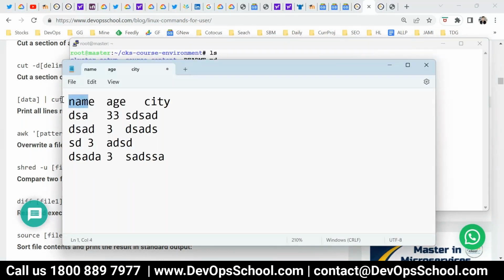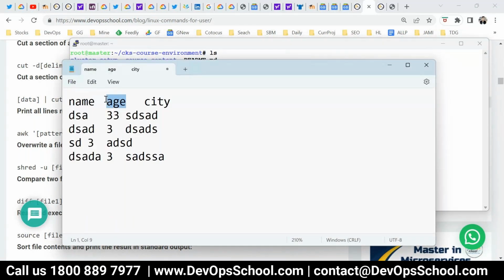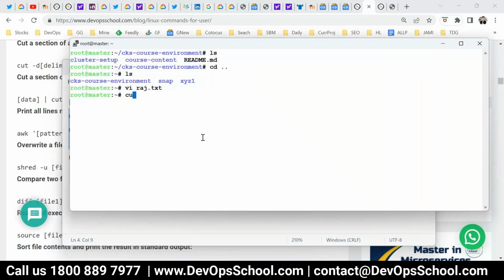So how do we do that? Or you want only the age to be displayed, because the first one is simple. So here cut -d delimiter space and then C1, field one.